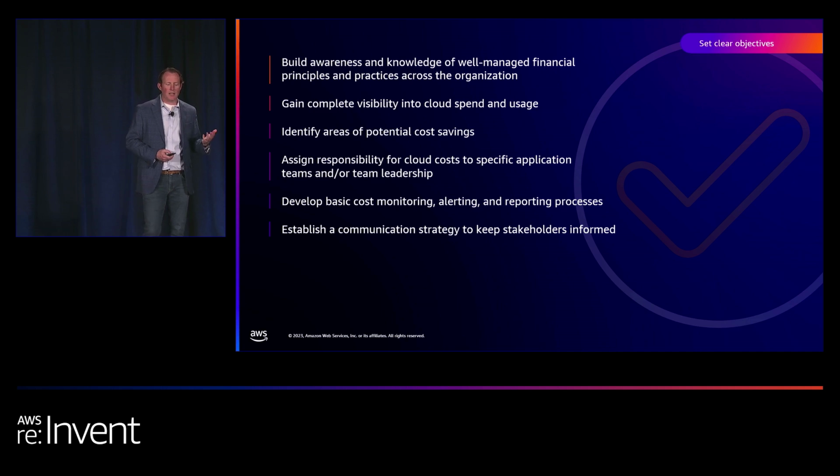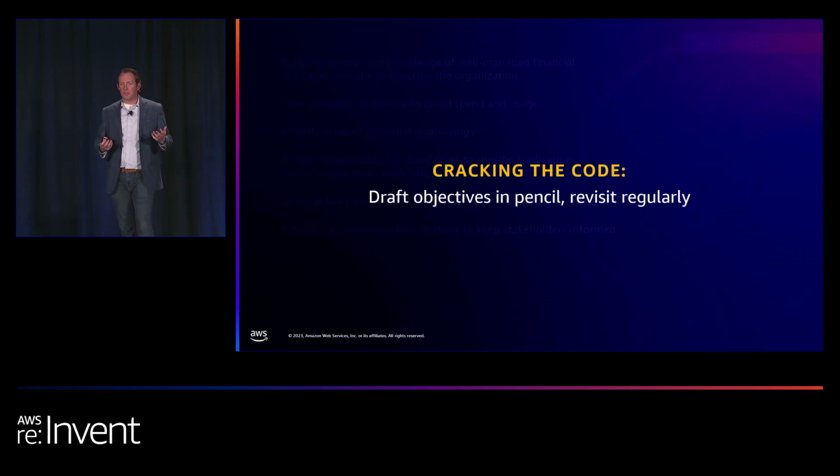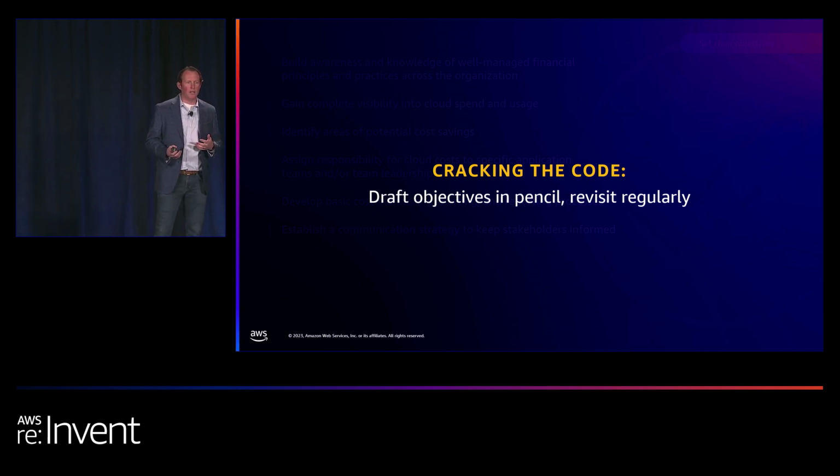So the cracking the code for this is make sure objectives are written in pencil. Nothing needs to stay constant forever. This notion of revisiting this and staying true to the agile principles holds true here as well. But I think having an element on the front end of that cross-functional team aligning on some objectives and truing back to those principles and objectives as they're operating is a great best practice as you think about operating a team.